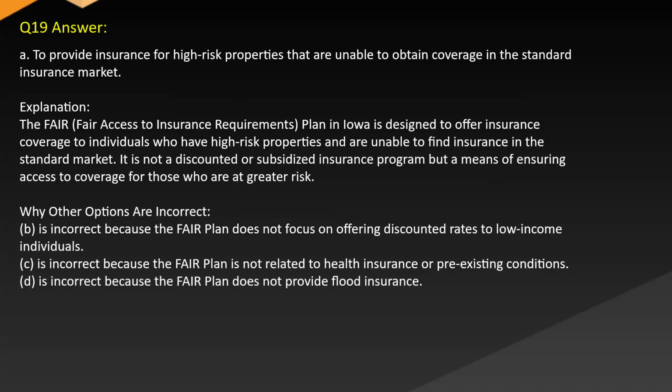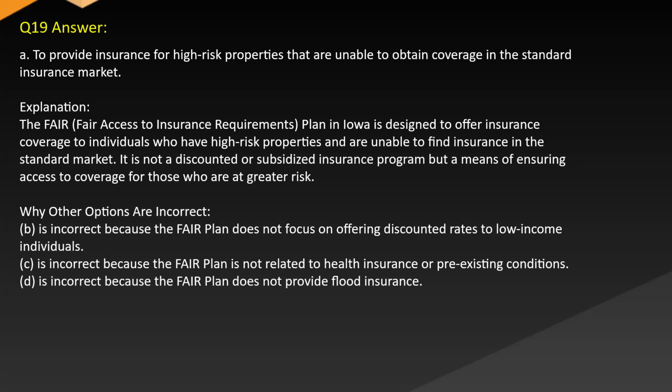Answer A. To provide insurance for high-risk properties that are unable to obtain coverage in the standard insurance market. Explanation: The Fair Access to Insurance Requirements plan in Iowa is designed to offer insurance coverage to individuals who have high-risk properties and are unable to find insurance in the standard market. It is not a discounted or subsidized insurance program, but a means of ensuring access to coverage for those who